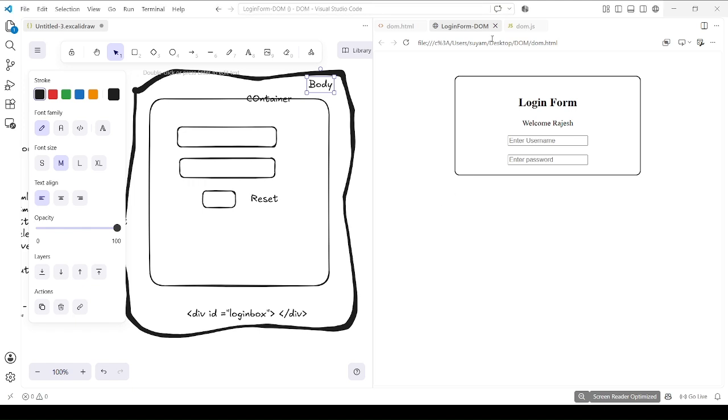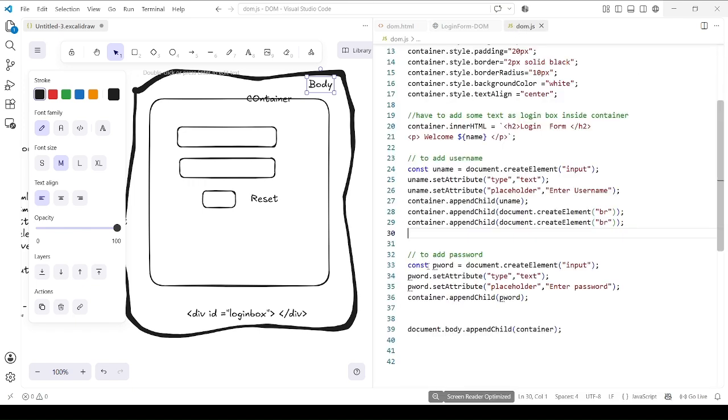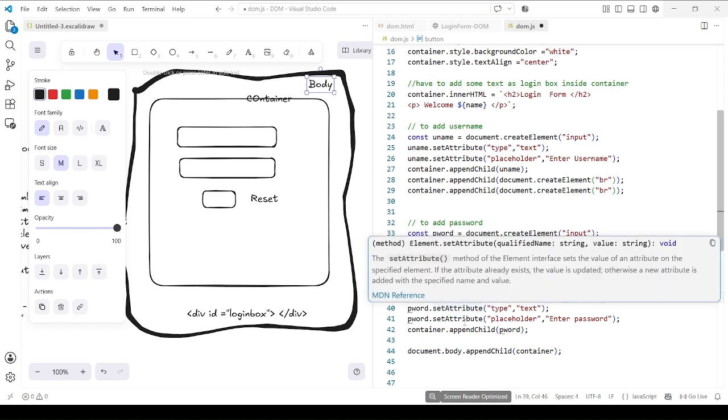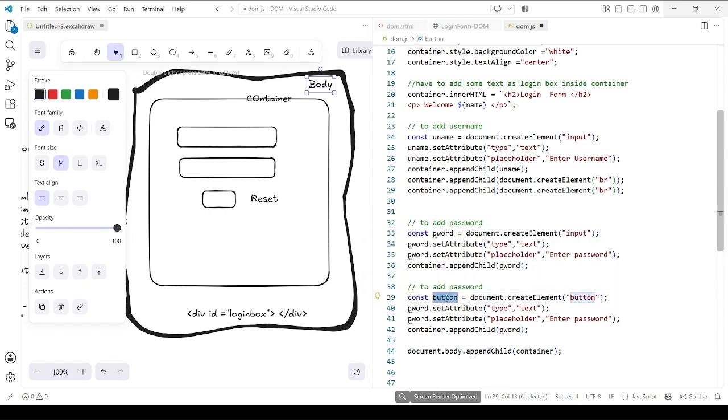For that, a similar thing has to be done, right? I'll copy it and paste it. Constant button, document dot create element of button has to be created. This button has to be used to set the attributes. Button dot set attribute of